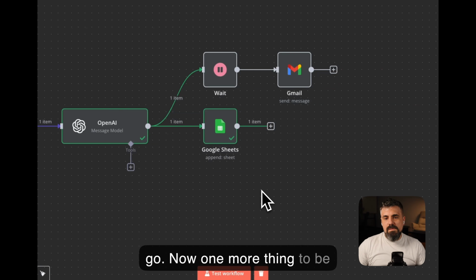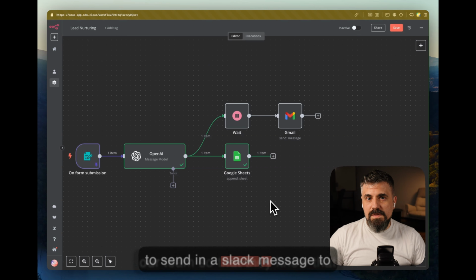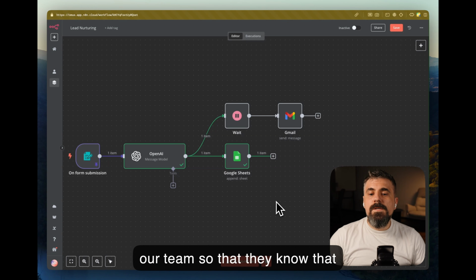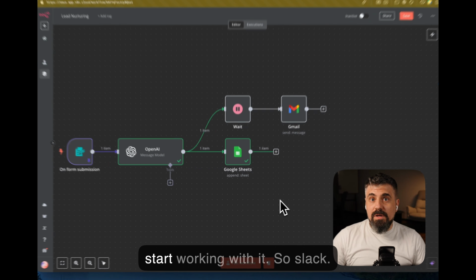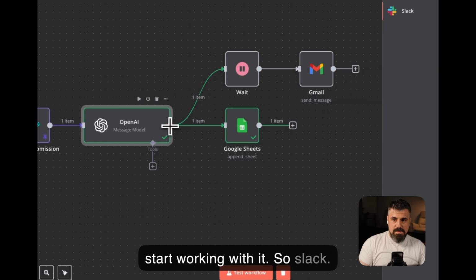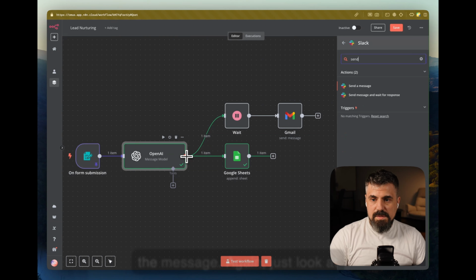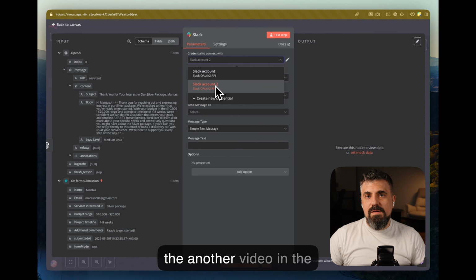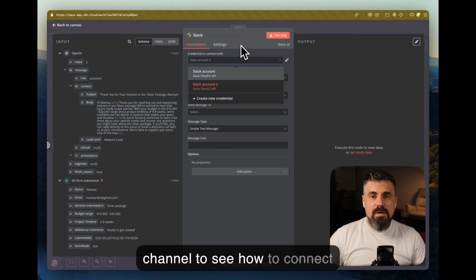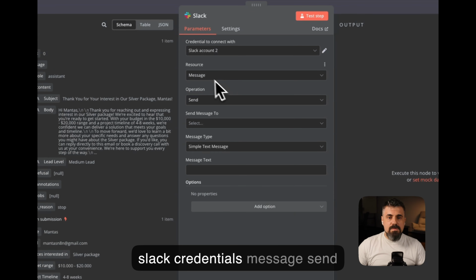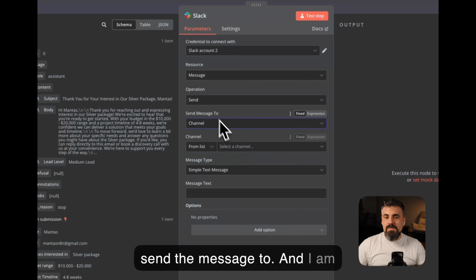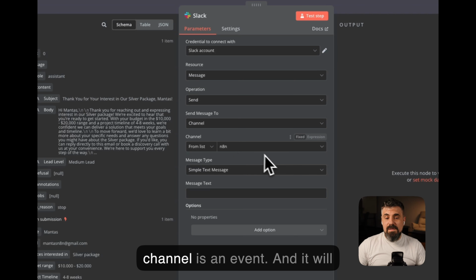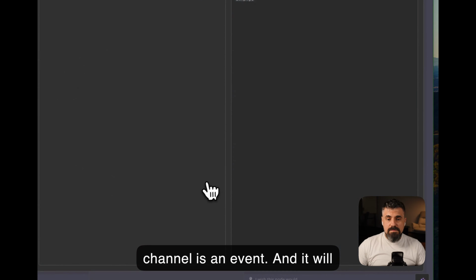Now, one more thing to be done is a Slack message to our team so that they know that this lead has just arrived and that they can start working with it. So Slack, send a message. Again, just look at another video in the channel to see how to connect Slack credentials. Message, send the message to, and I am selecting a channel. That channel is n8n,